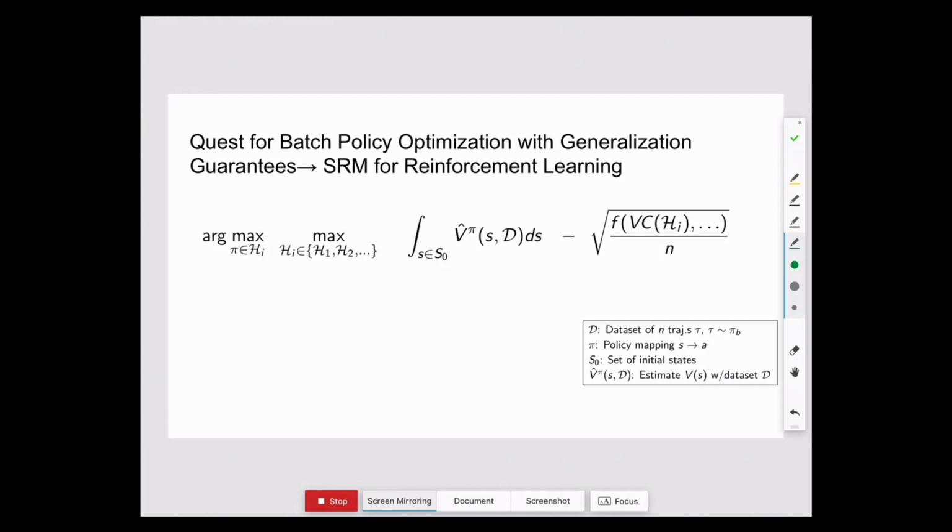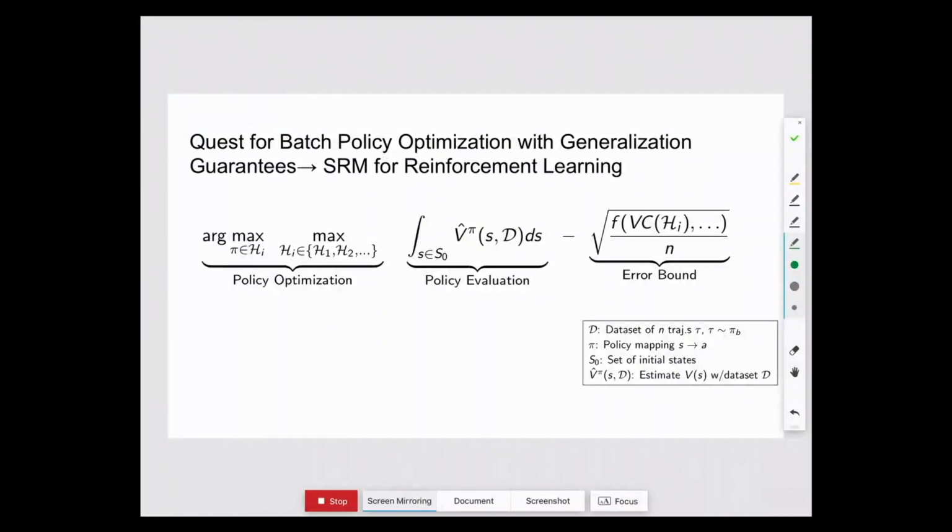I would like to have formal bounds so that once I pick a policy, I know what its performance is going to be in the future. It might depend on the VC dimension or some other characterization of the complexity of the hypothesis class for the policies I'm considering. I think that would be great. And then we could have something like cross-validation as an empirical tool that people could actually use. I don't think we're close to this yet. I think there's some nice progress for the bandit setting. We have some progress in some other aspects, but there's a lot to do.